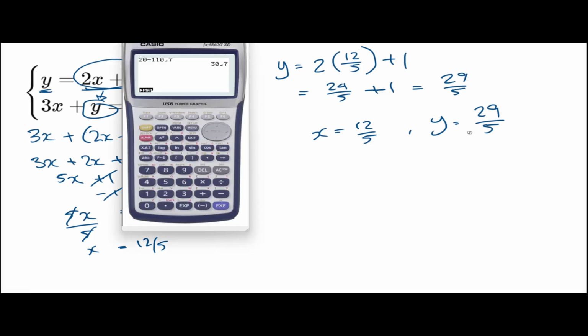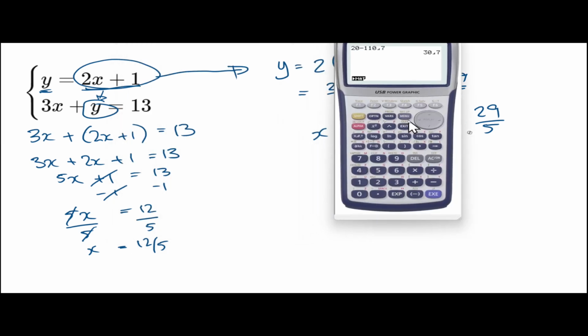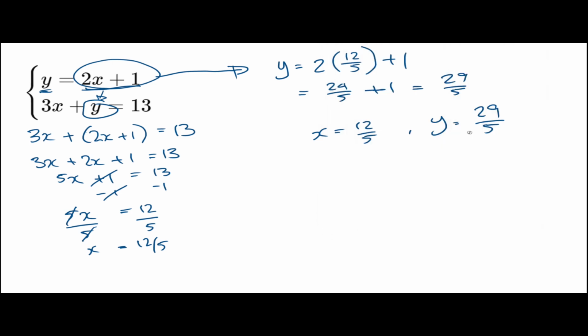Let's test it. Let's use the calculator and just blatantly cheat. But we're going to have to change things around a little bit. So I'm going to have to bring this 2x over, so I'm going to subtract the 2x. So let's actually just do that first. So our system of equations, this first equation here, I'm going to rewrite it, 2x plus 1. It needs to be in the form something x plus something y equals the constant, so I'm going to take the 2x over and I'm going to have negative 2x plus 1y equals 1,